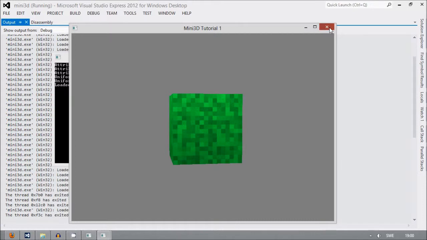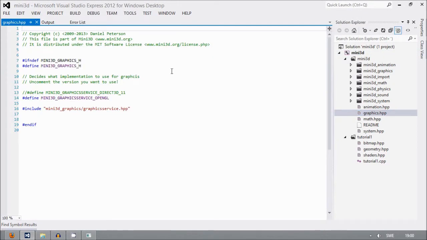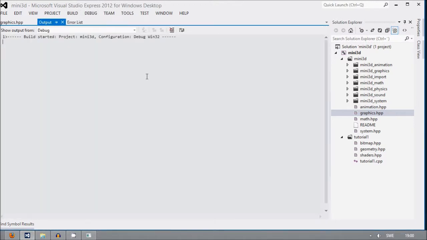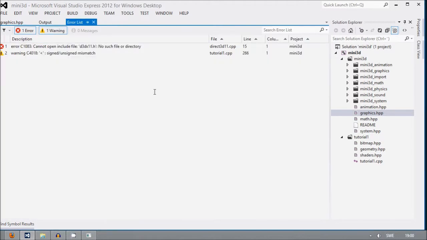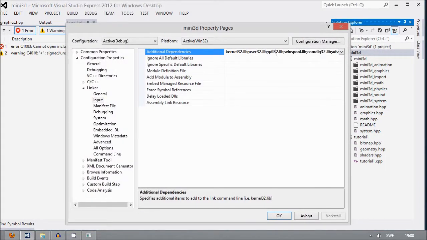To switch to Direct3D 11, open the graphics header. Comment out the OpenGL define and uncomment the Direct3D 11.1. We can now rebuild the solution with Direct3D 11. This will give us some new compile errors. So to get rid of these, we need to head back into the project properties and add some additional dependencies